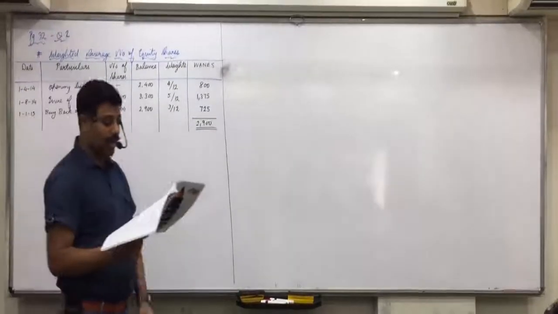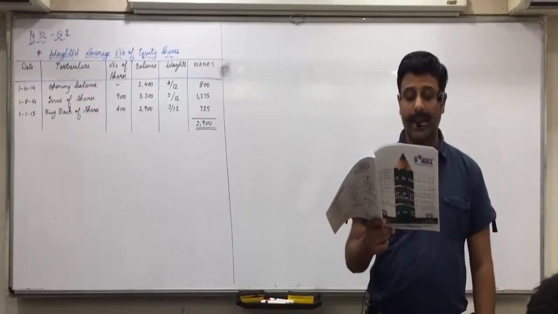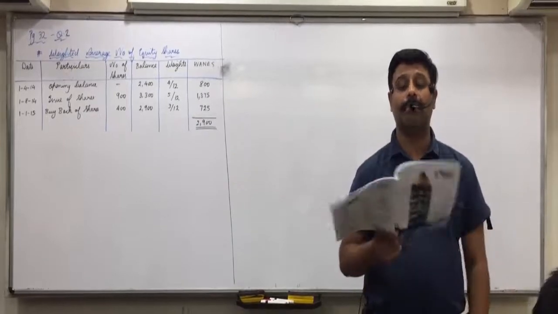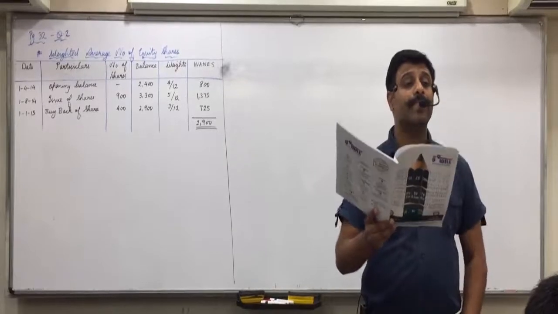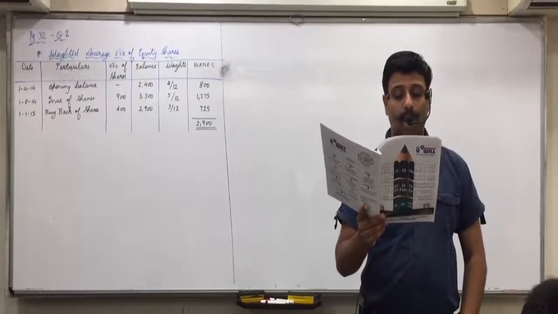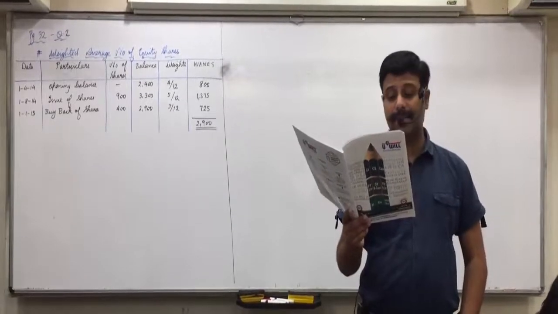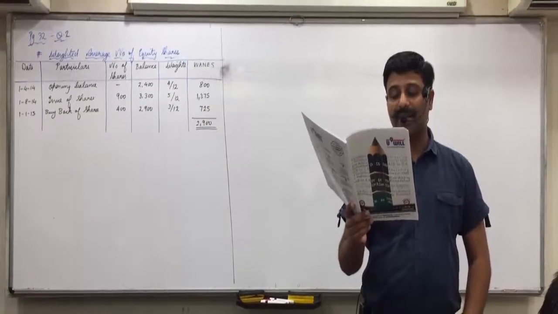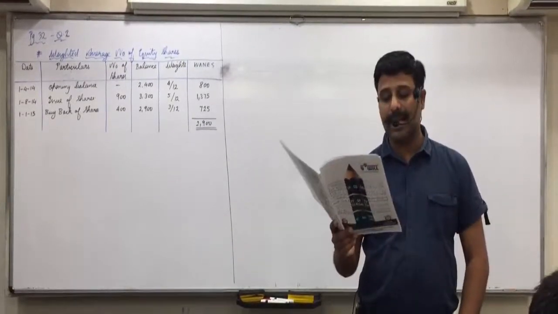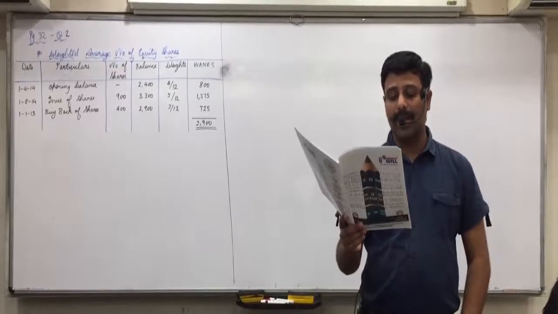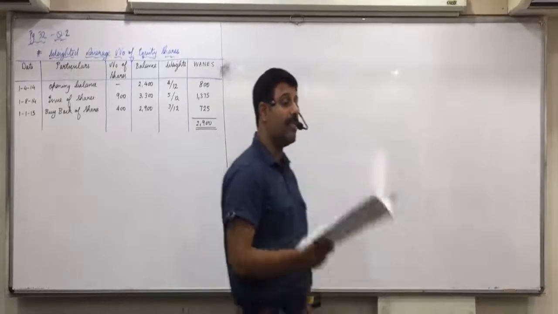On 1/4/14, Chorus Limited had 20,000 equity shares outstanding of rupees 10 each, fully paid up. Mark it as opening balance. Then on 1/9/14 it bought back 2,000 equity shares, mark it as minus. On 1/12/14 it issued 3,000 equity shares of rupees 10 each, fully paid up for cash, mark it as plus. Calculate weighted average number of shares as on 31/3/15. Do it on your own, everyone.